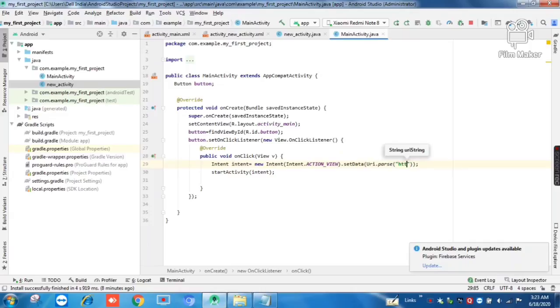Let's pass in inverted commas https://www.google.com, and that's it. You can pass any web link here, copy the link and paste it here, and that's it.